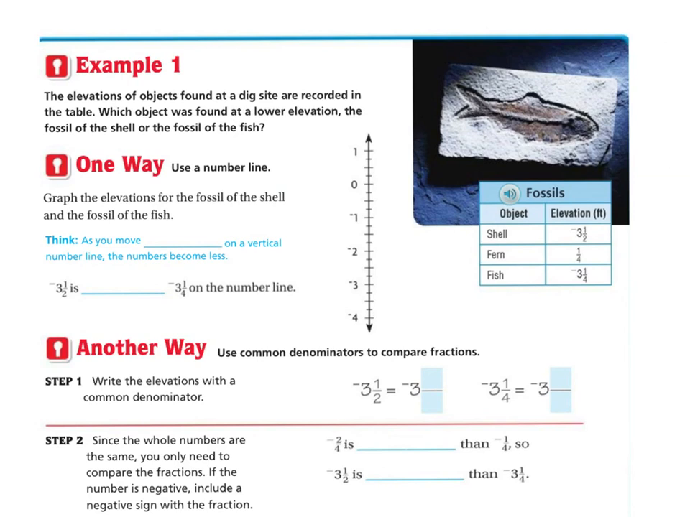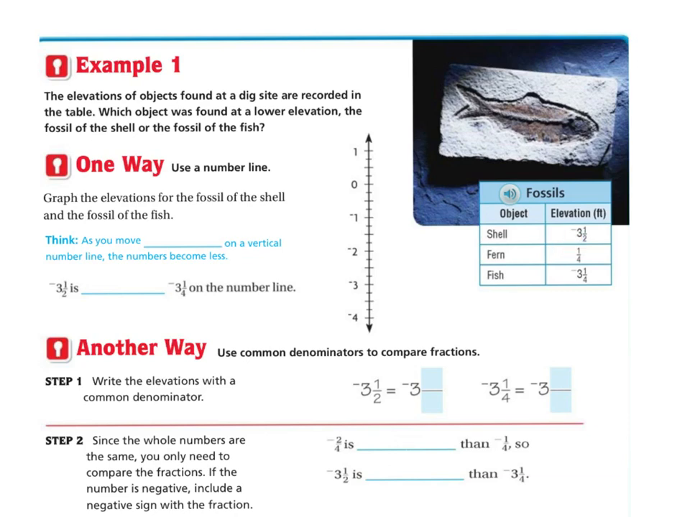Example 1. The elevations of objects found at a dig site are recorded in the table. Which object was found at a lower elevation, the fossil shell or the fossil of the fish? One way, use a number line. Graph the elevations of the fossil of the shell and the fossil of the fish. So the fossil of the shell was found at -3.5